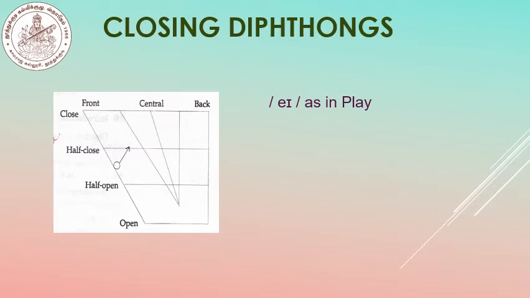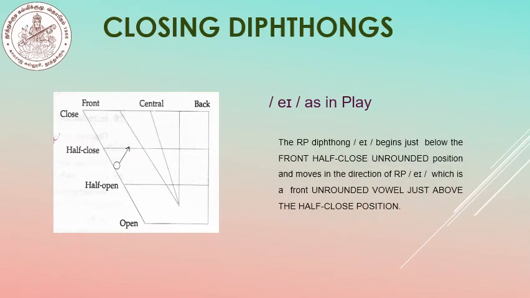So in that particular place we have marked the circle, and it moves on to the close position where I is marked, as in fill, F-I-L-L. So the received pronunciation of the diphthong A begins just below the front half close unrounded position, and then it moves to the close position,